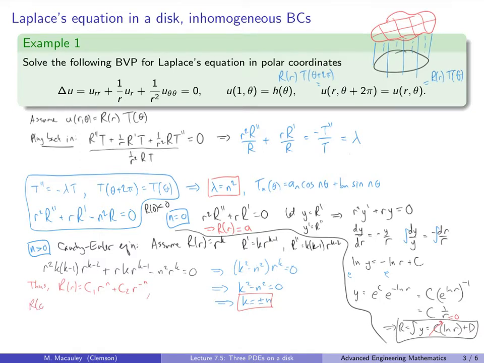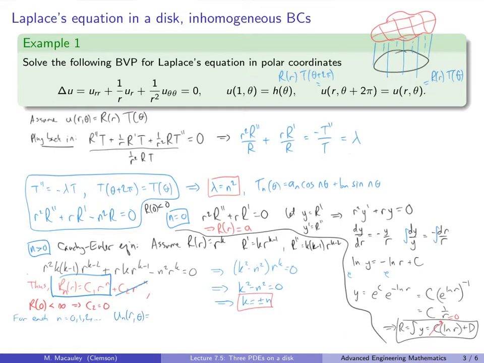Let's say that r of 0 being finite tells us that c2 equals 0. So this term goes away, and here's what we have for r. I'm going to call this Rn. So now what do we have? We have a solution. Thus, for each n, let's see, can we start at 0? When n equals 0, we have a constant term here, just a naught, and we have a constant term here. So I'm going to say, sure, when n equals 0, 1, 2, etc., we get a solution un of r